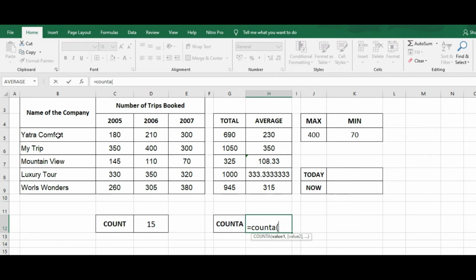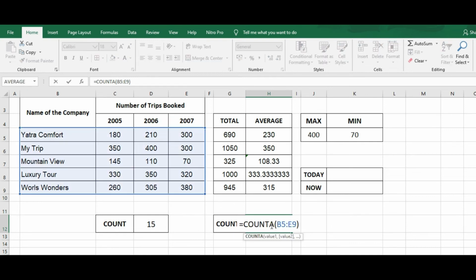Now I'm selecting the cell range. So it displays 20 as the cell range that I have selected, this one, we have 20 data available. Now there are no blank cells available in this range.